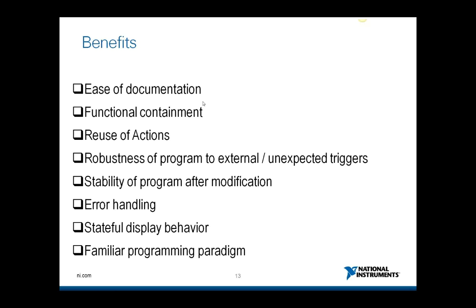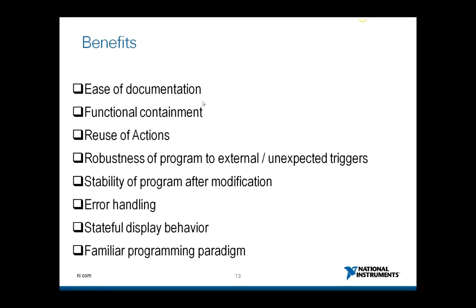Functional containment: now there's a defined home for that flow control that you can go to. What's wrong with my program? Is it getting bad errors, or am I going to try to shut down a piece of hardware at the wrong point in time? Reuse of actions, this one is kind of interesting because the challenge ends up being